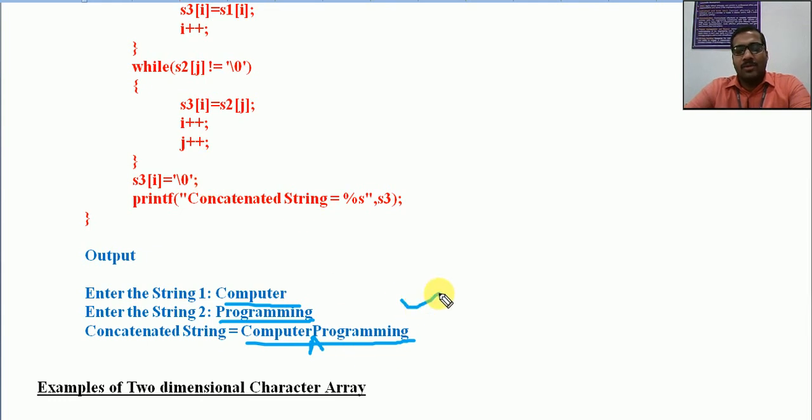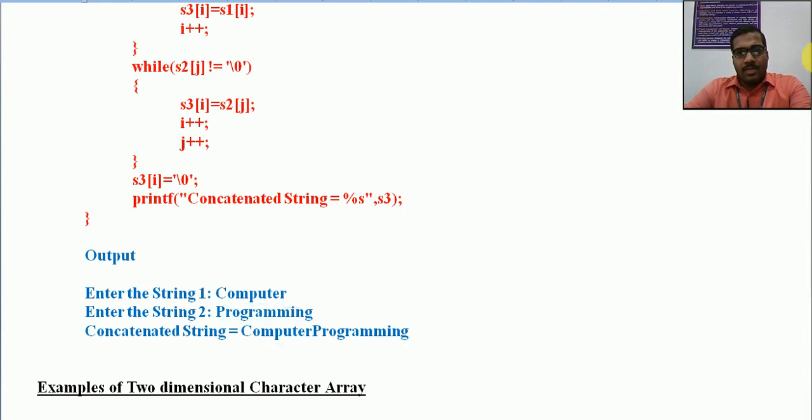So that is the logic you can think of. Okay, so that's all about the concatenation program. All these programs will help you deal with the characters present in a character array, or process a single string using these mechanisms.